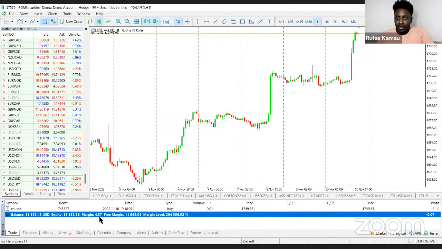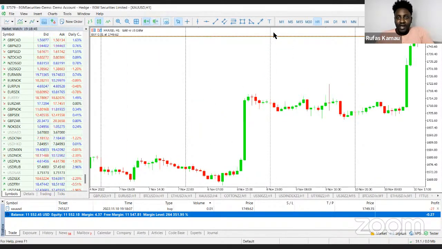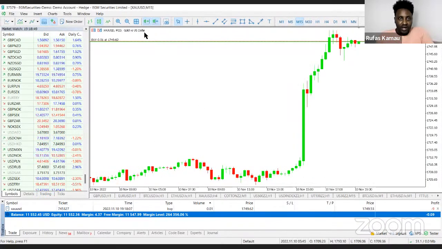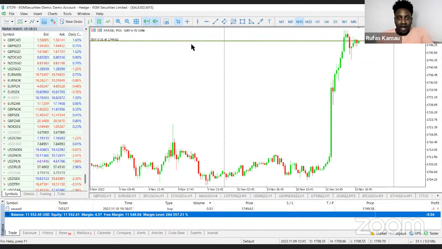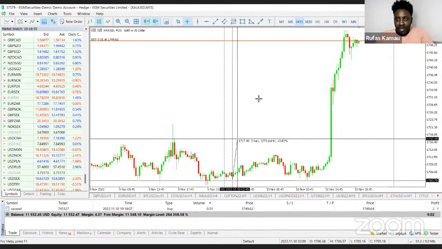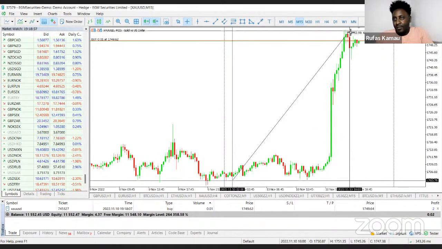market. However, you should know that gold can be very volatile, it moves a large number of pips within a day. And this can literally double your account or even drive your account down to zero. So you have to be very careful when you're trading gold because it's one of the most volatile assets in the markets. If you look at today's price movement, you can see that the lowest price we have seen is somewhere around here, and the highest price is somewhere around here, and the difference